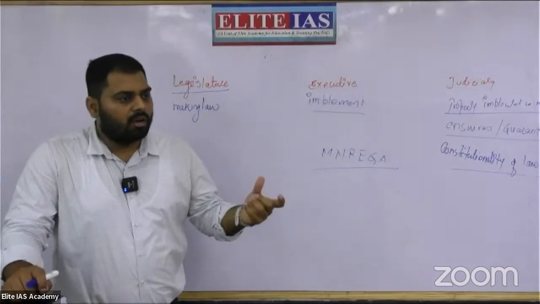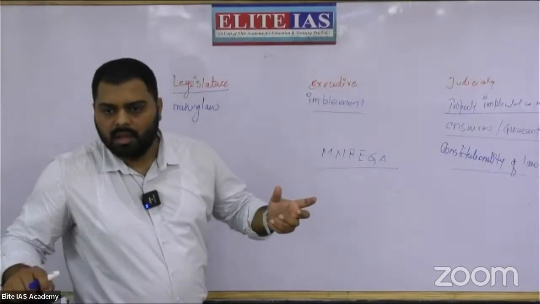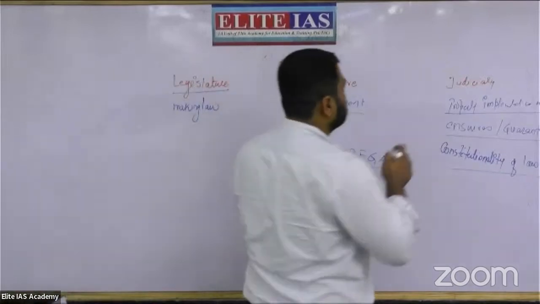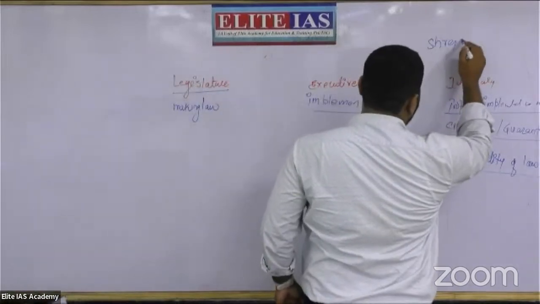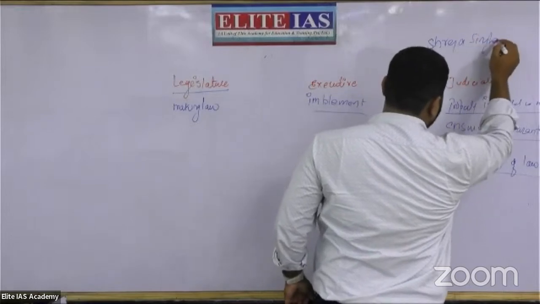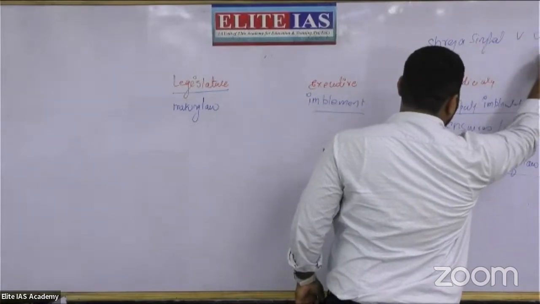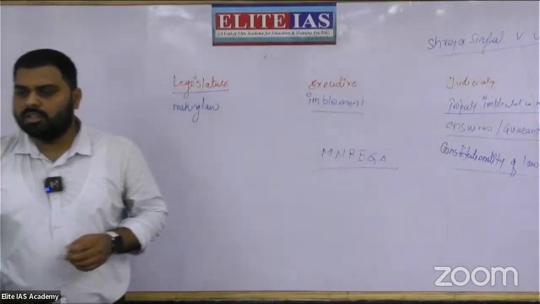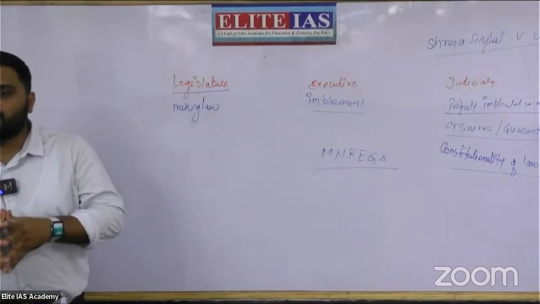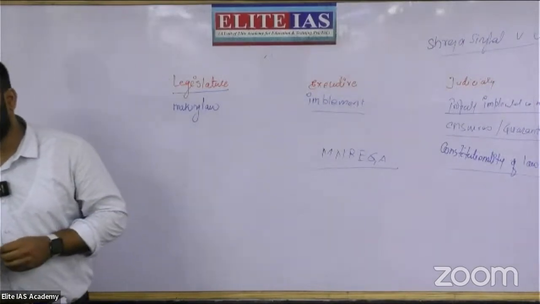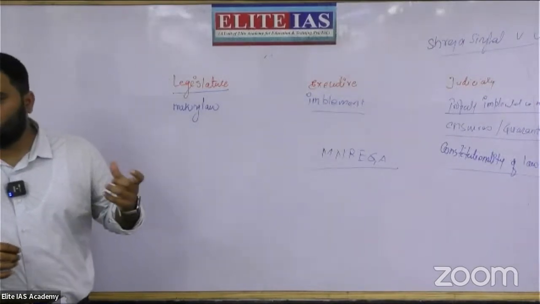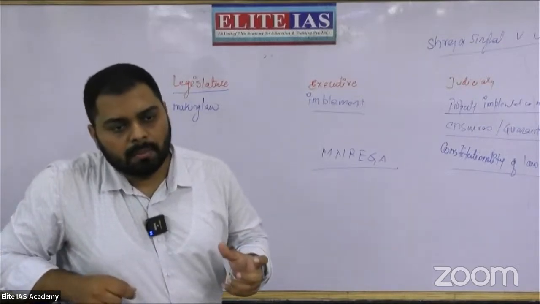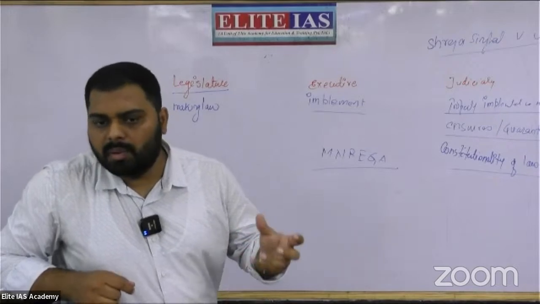द केस आई टॉक्ड अबाउट, उसके बारे में हम डिटेल में पढ़ेंगे इन आर्टिकल 19(1) व्हेन वी विल रीच, बट फॉर योर नॉलेज यू कैन राइट द नेम ऑफ द केसेस। दैट गर्ल वाज कॉल्ड श्रेया सिंघल versus Union of India, right? So these are the three wings, or these are the three institutions of the state, right? These are the three instrumentalities of the state upon which the state will act, state will perform their